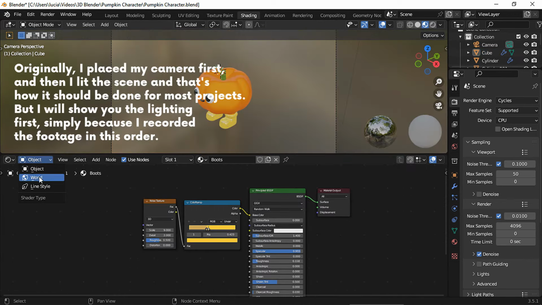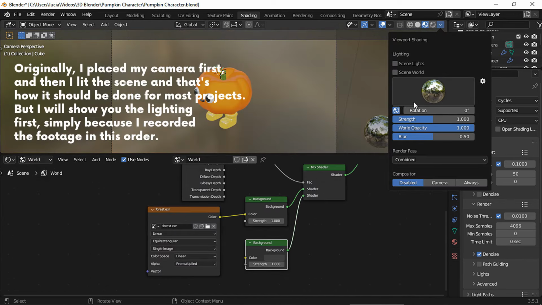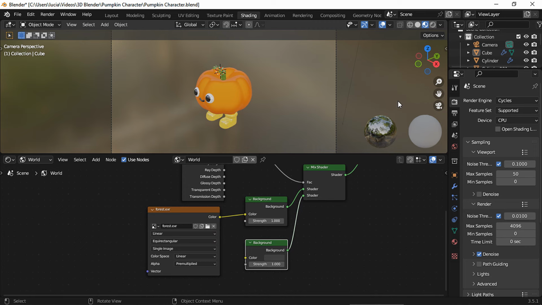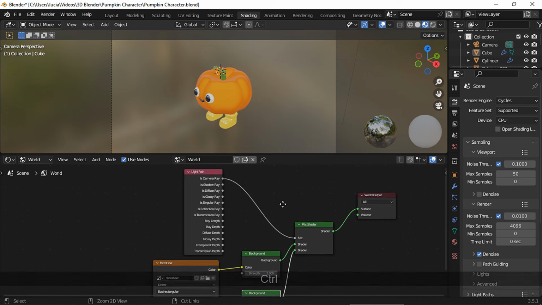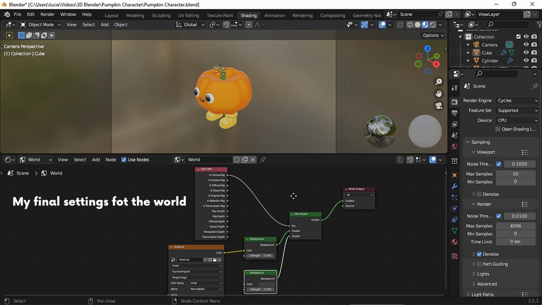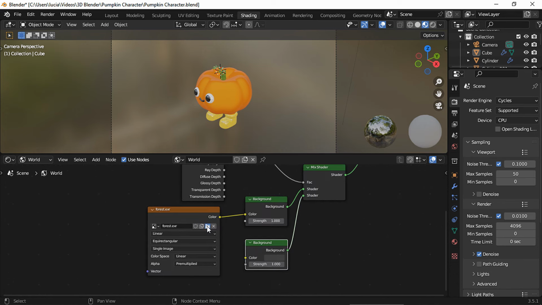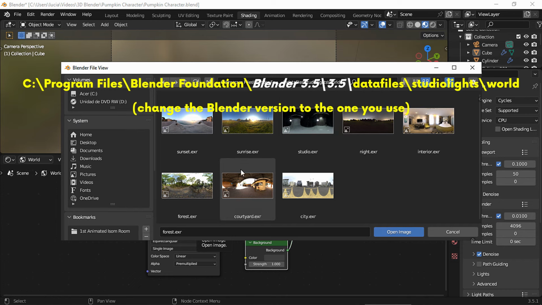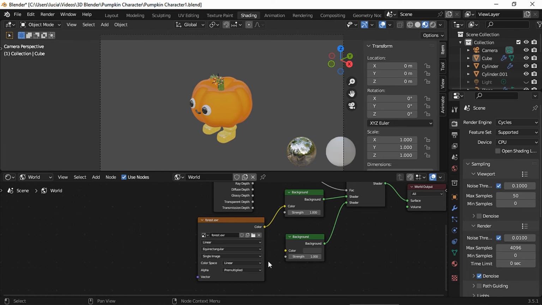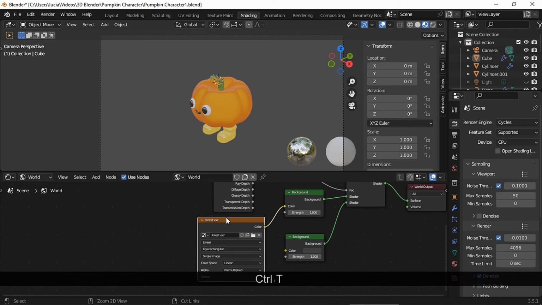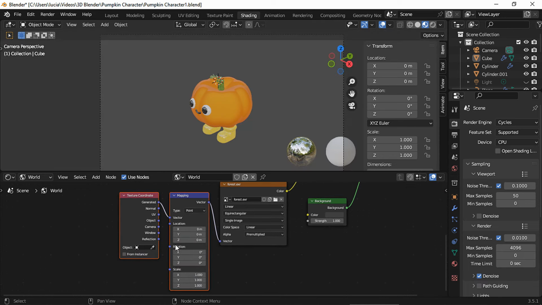For the lighting, I used the same default HDRI that I had used while I was working on the shaders. And to use an HDRI for the lighting only, you'll need these nodes. There are many tutorials on how to do this, but it's pretty self-explanatory. And to get this default HDRI, I searched for it in this Blender folder. So here I have the lighting on one side and the world color on the other. You could also add a mapping node to rotate the HDRI and get different lighting.